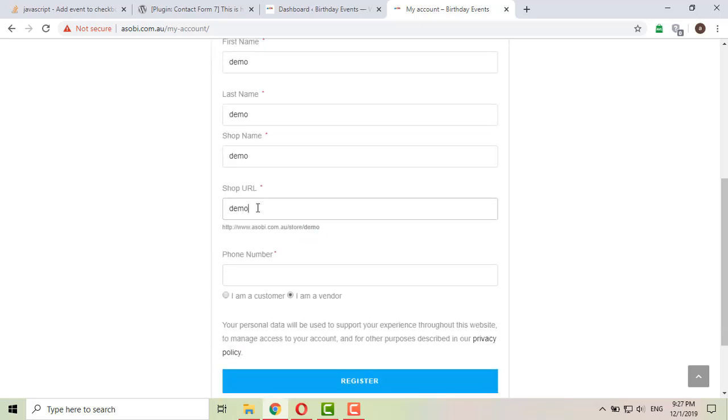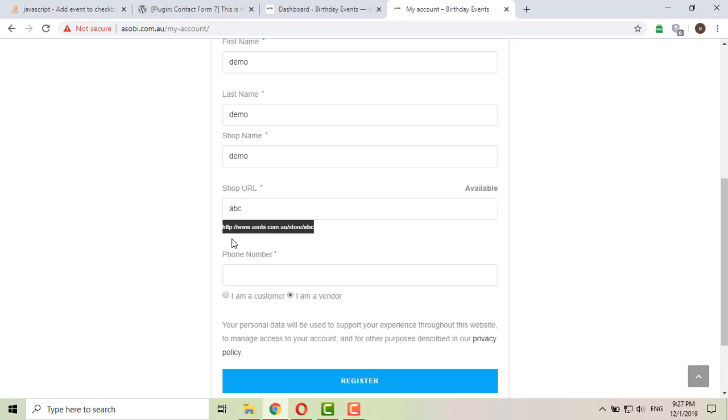This is the shop URL, the URL of the shop. Whenever any vendor writes, let's say, ABC as the shop name, this will be the shop name of that vendor: www.sobby.com.au/store/abc.